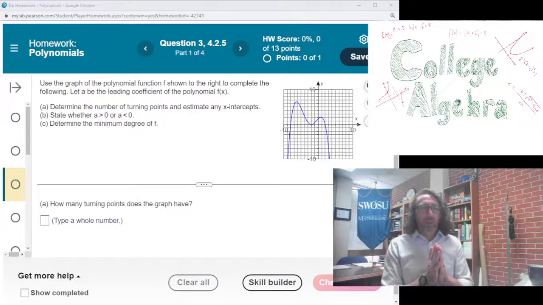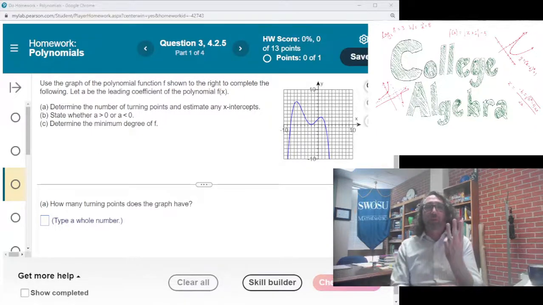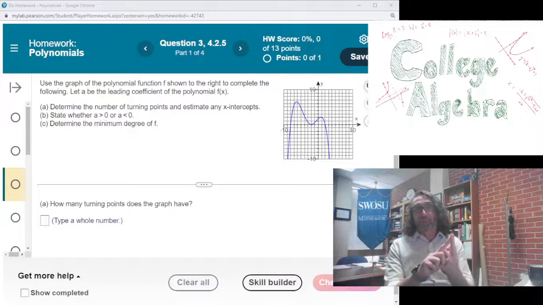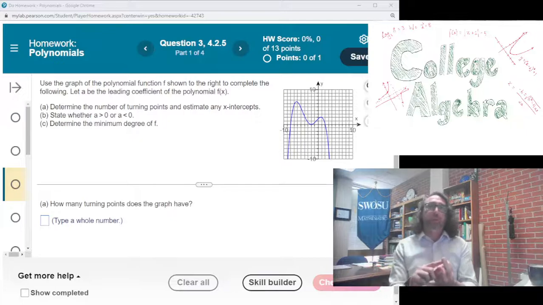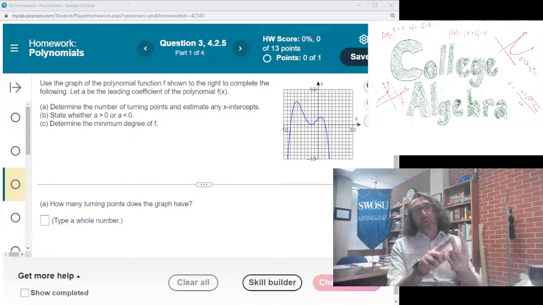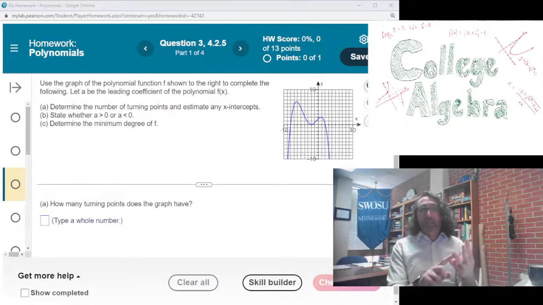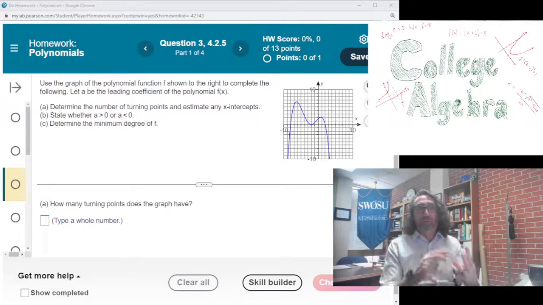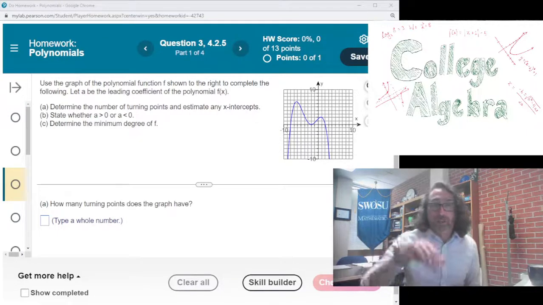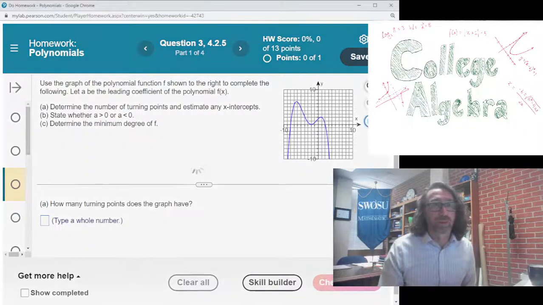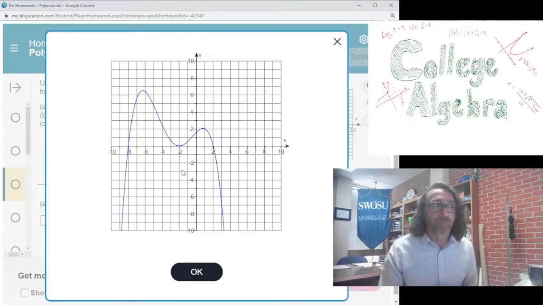So remember, when we're working with polynomials, there are three key things to look for. The end behavior of the polynomial, which is influenced by the degree and the sign of the lead coefficient. The zeros, x-intercepts, and factors of the polynomial, and the multiplicity of the zeros. So if you know all that stuff, you can put everything together and get the graph. And conversely, if you have the graph, like we have right here, you can work backwards and get information about